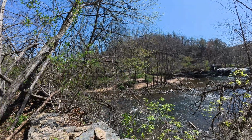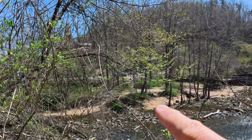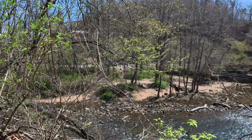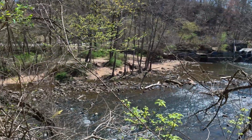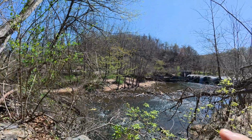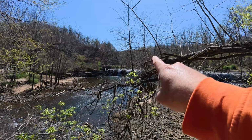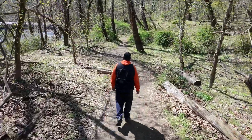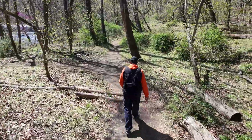And straight through there is the parking lot off of Daniels Road, where you can come down and get to that side. And I think there's a trail that picks up down there that can wrap you back around this way and meet up with that other trail. So let's continue on the trail past that overlook. There are a couple of